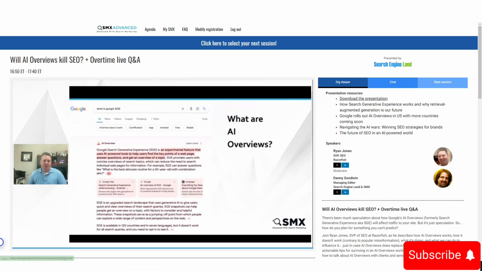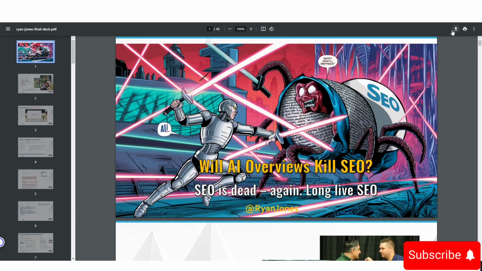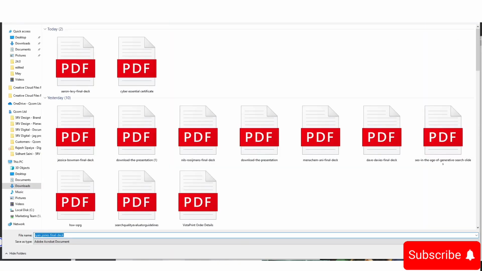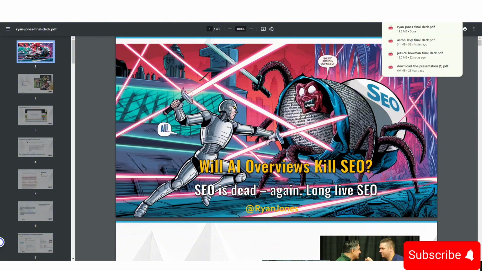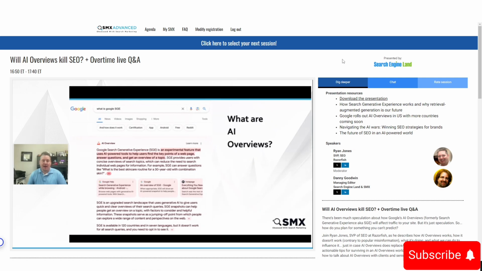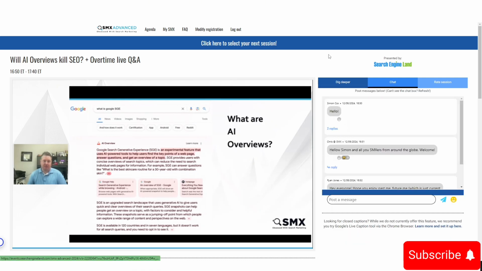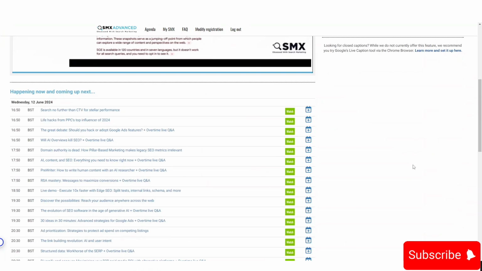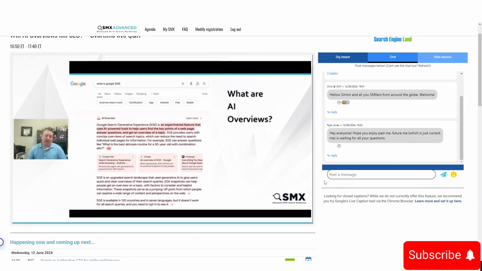But what is AI Overviews or SGE? Here's a screenshot of SGE at the time telling us what it is. We don't need to read this, but this is basically what AI Overviews look like. It's an AI summary at the top of search results, summarizing stuff and citing examples for search results. And so we're going to talk about some of how this works, what it's doing, and then what we can expect as SEOs and what we should do about it going forward as we go through this presentation.